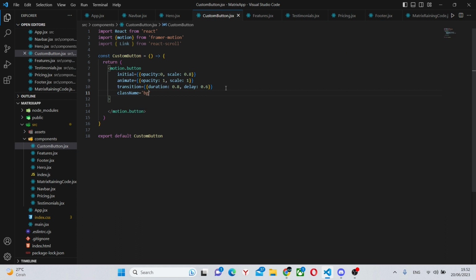Next, class name bg-white, bg-opacity-20, so it's going to look gray.